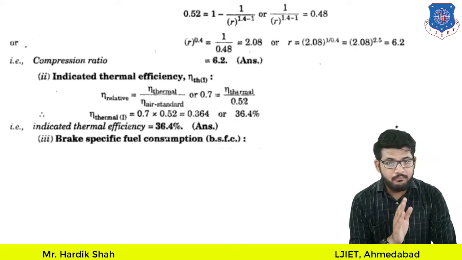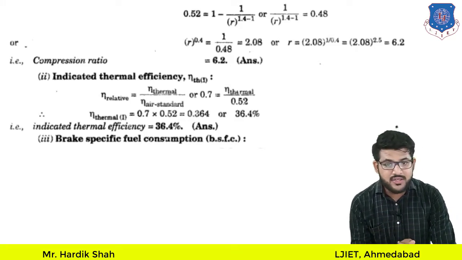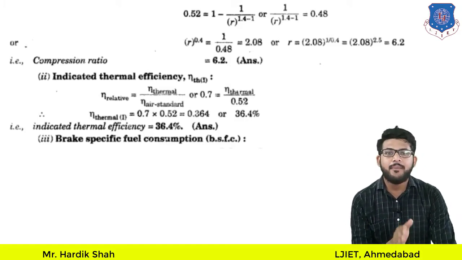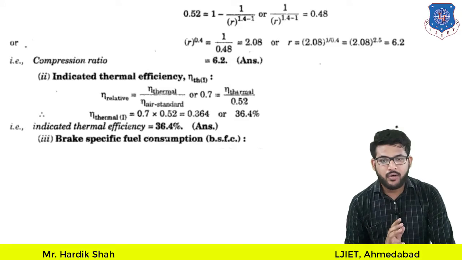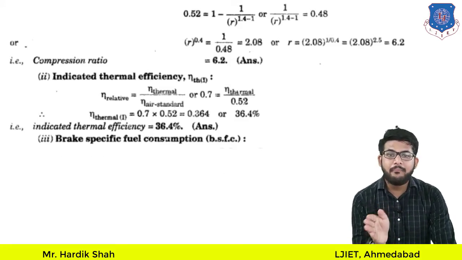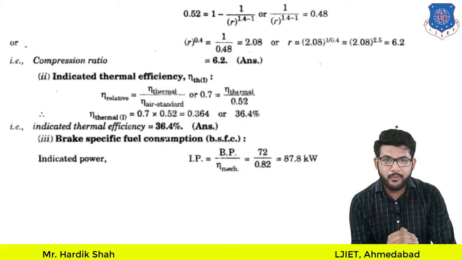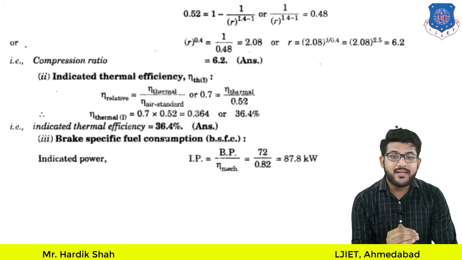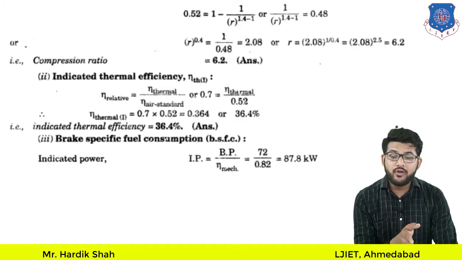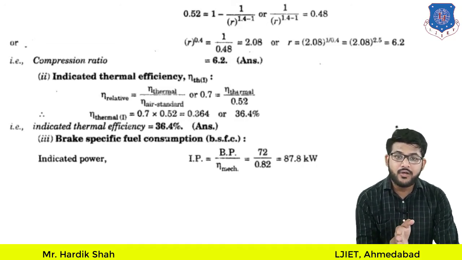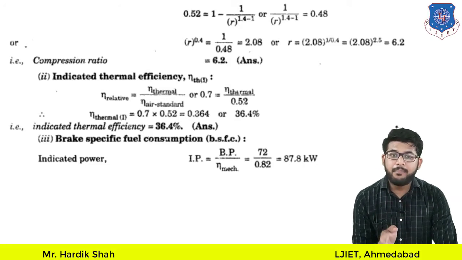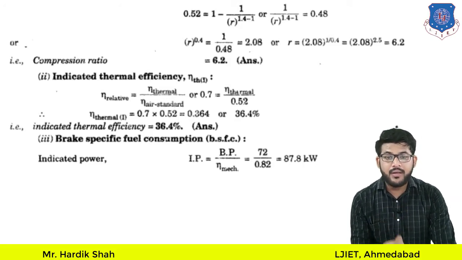So for that we are given BP. We know the thermal efficiency also, mechanical efficiency also, so we can easily find the IP, that is indicated power. Okay, so the simple formula is eta mechanical equal to output by input, simple efficiency. Output is brake power, input is IP, that is indicated power. Fine. So we need to find the second thing, that is IP. So the IP formula will be IP equal to brake power upon eta mechanical.